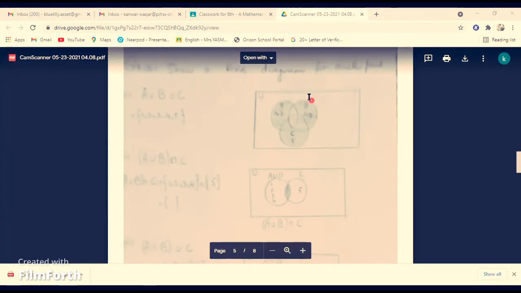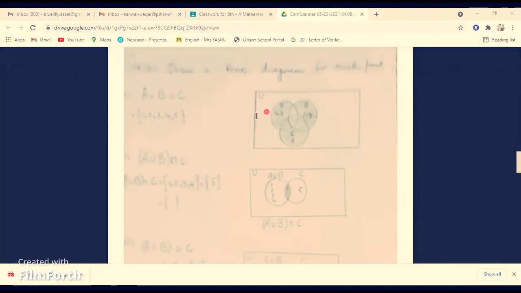This one is the case. So there are two ways to represent three sets. One way is this, the other way I will show you later. A union B intersection C. Intersection will be the middle part, when the two circles are cutting each other. For example, this A circle is there and B circle is there.